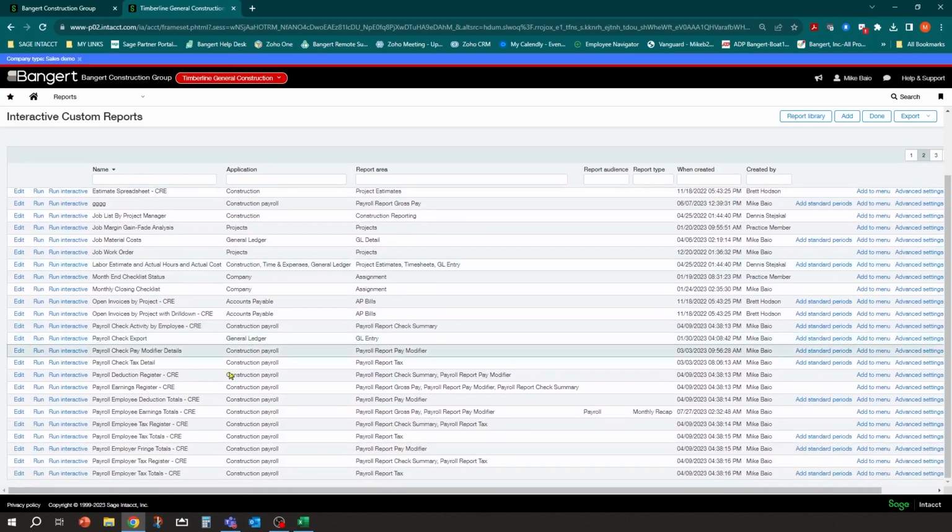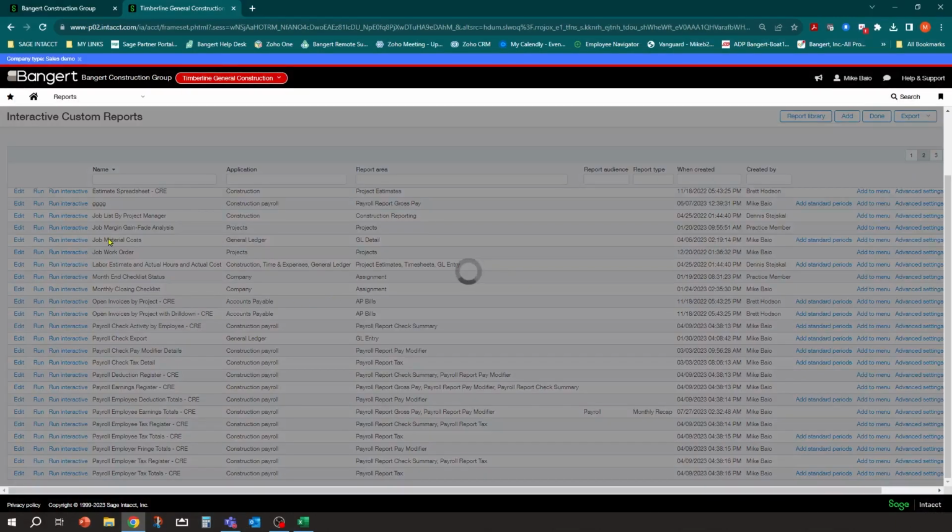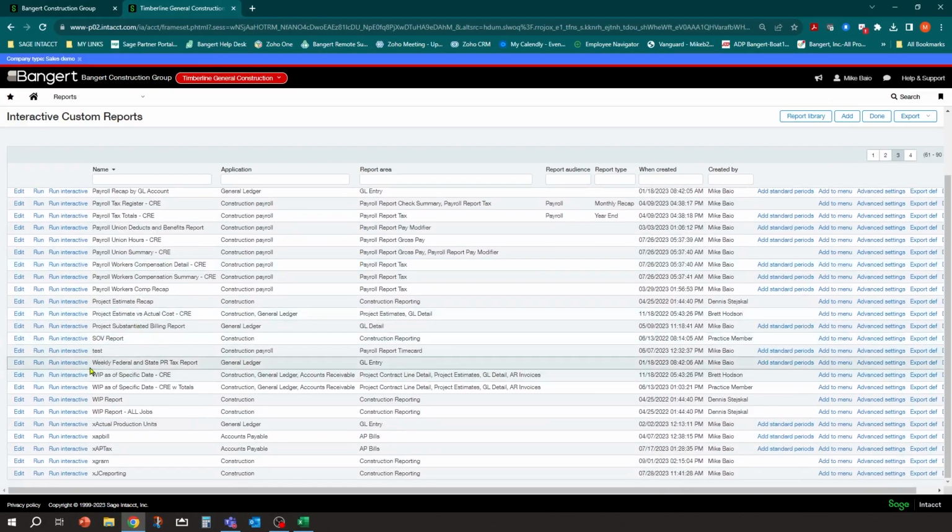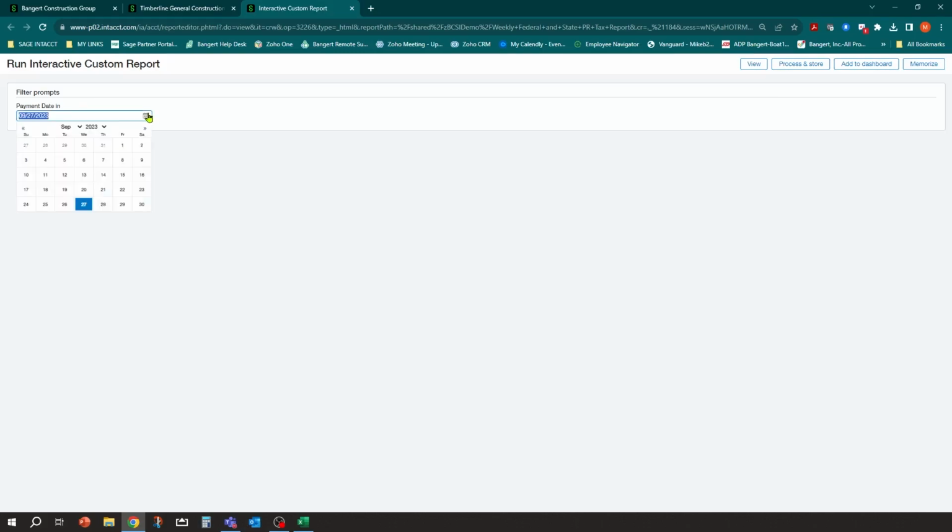One of them in the system you'll notice is called, now this is more for the weekly processing, but there is a report in there called Weekly Federal and State Payroll Tax Report. I just wanted to talk a little bit about that. So if you had a weekly, you're required to file your taxes weekly, you could run that report. Just keep an eye out for that. Again, if you do not see it, contact us and we'll make sure it's on your menu. But this one here you can run. Typically we tweak it with you. We show you how to tweak it a little bit. Now this is based on pay period, but it can be for the month. We can actually date range this.